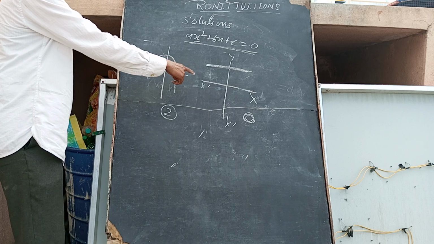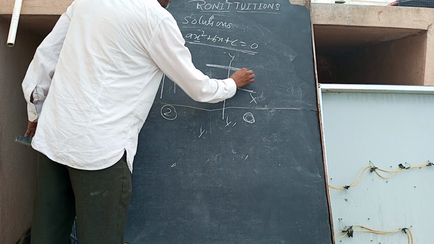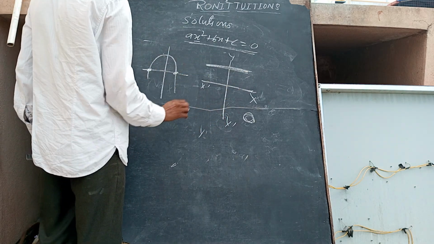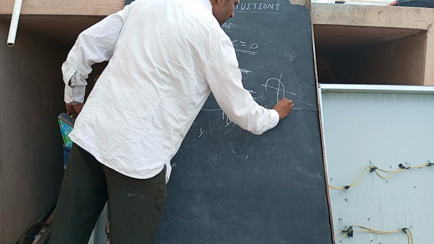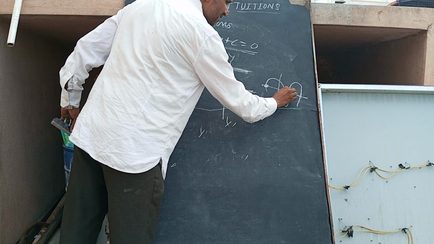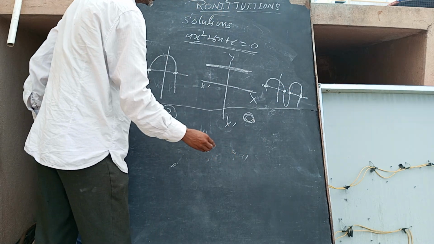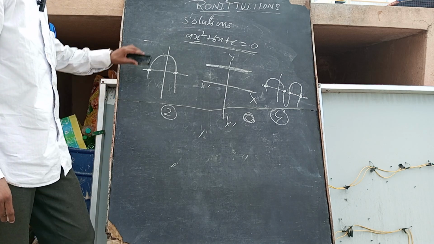This is the constant polynomial. It means only the coefficients are there. There is no variable in that. Suppose the graph came like this way. So 1 place, 2 place, 3 place, 4 place. How many places does the cut happen? 4 places. So how many zeros are there? 4 zeros are there.